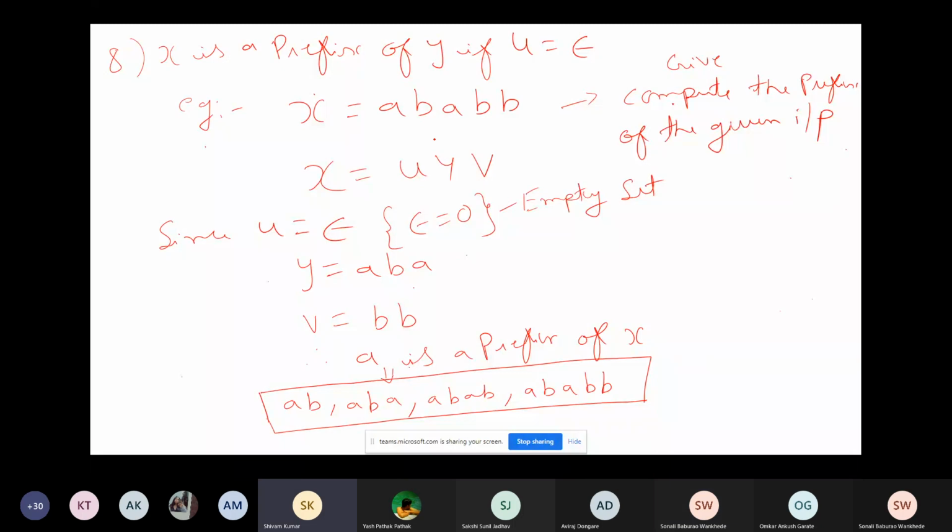Ma'am, I'm talking about this particular case. If y is equal to AB, then can we also write v is equal to b only? Okay, in this case, you are saying y is equal to ABAB. This you are saying? Yes, ma'am, and v is equal to b only. Okay, so this is pretty simple, right?